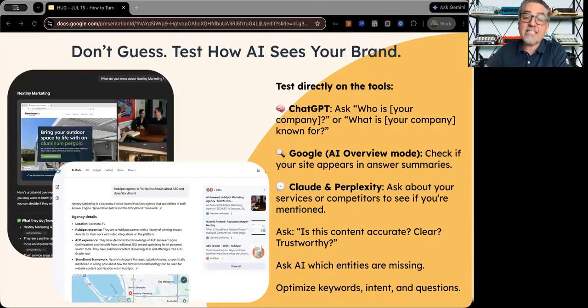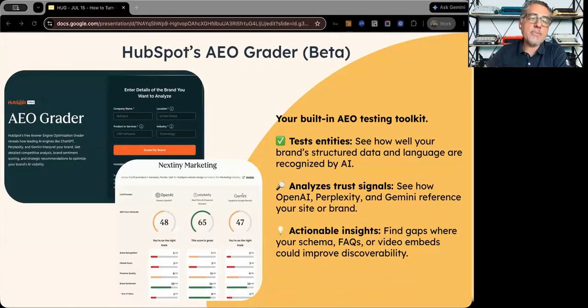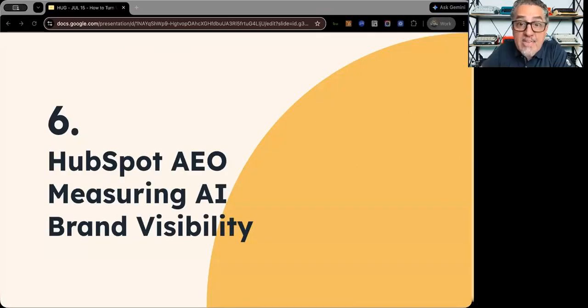So don't guess, test all these things. Use the HubSpot AEO grader, which is a great tool to actually understand what's showing up. But even better than the AEO grader, which I'm going to share right here, I'm going to share the HubSpot AEO tools article we wrote. Use the HubSpot AEO tool, and I'm going to share the HubSpot Sensor tool. Sensor allows you to understand when the models are volatile. So if you see changes in the model, it allows you to see if it was a change from something that you did versus something that the models are doing. So you want to measure all of this that you're doing with HubSpot AEO.